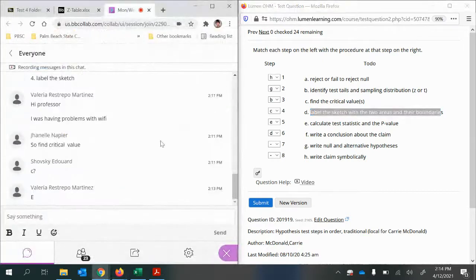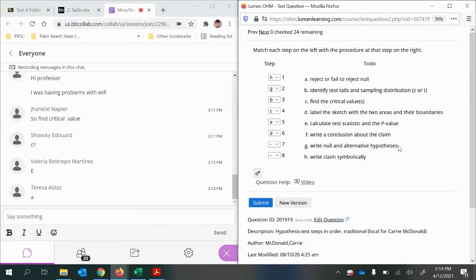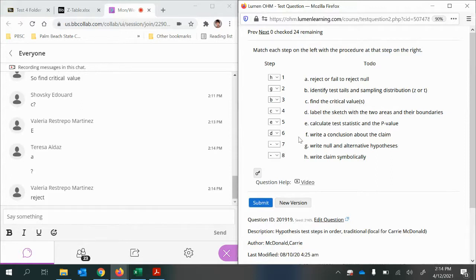Okay, let me see where we are with some of your comments. All right, so then after that, now your sketch is labeled. You have the full picture of what your data is telling you at that point, right? So you'll be able to tell if your test statistic is in the red rejection region or not. And so then you would be able to do what? What would be the next step here? A, reject or fail to reject the null hypothesis. Yes. And finally, we will